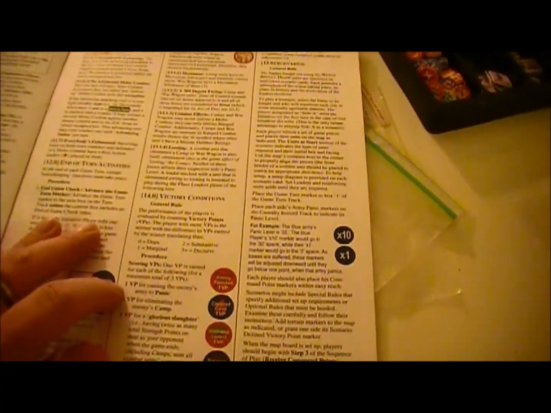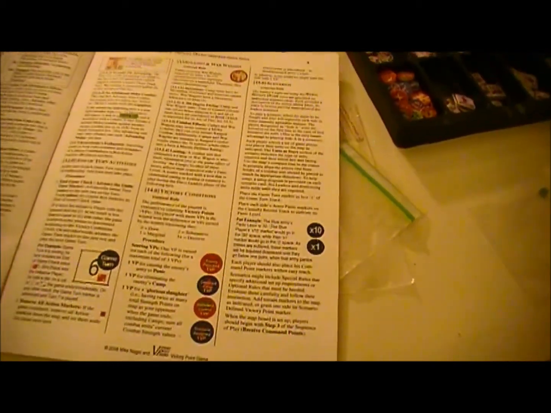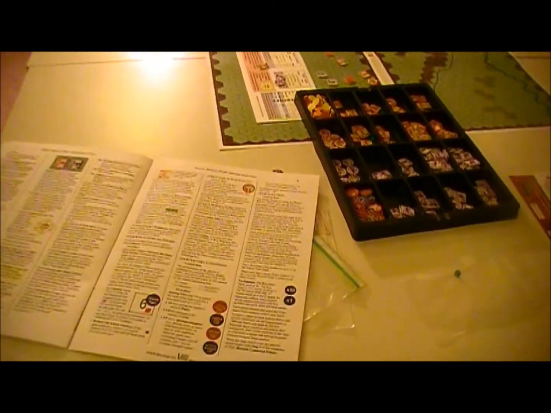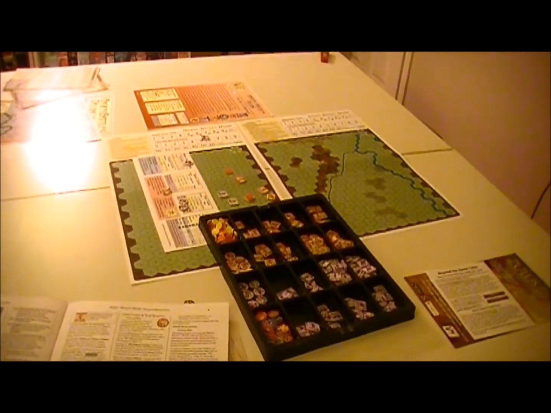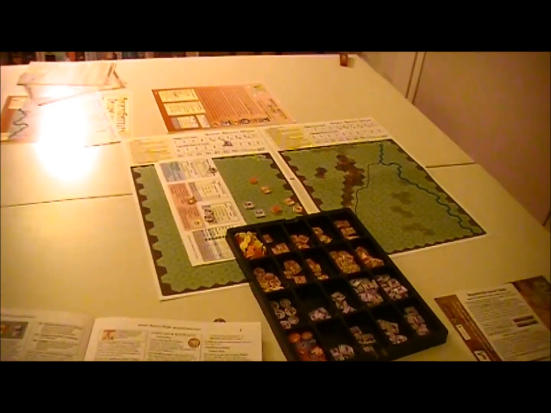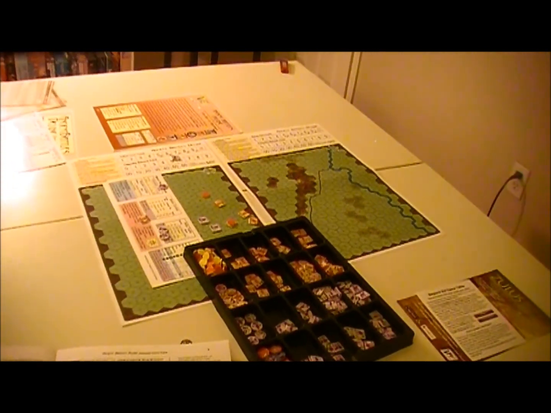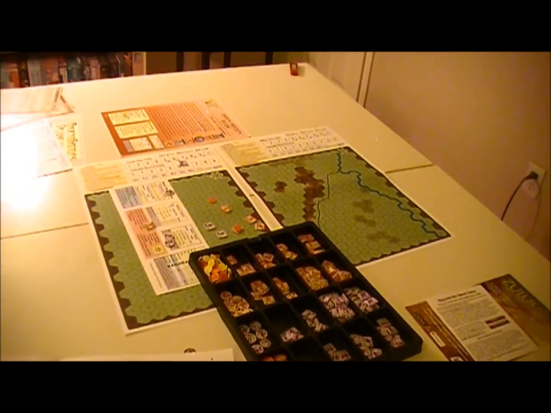And you get victory points for causing the enemy to panic, 1. Eliminating a camp, 1. A glorious slaughter, having twice as many strength points on the map as your opponent when the game ends. This is kind of interesting because some battles may start out unbalanced, and that feels a little weird to call it a glorious slaughter. The actual scenarios for the game may not cover this, but it does seem a little strange, I don't know, something